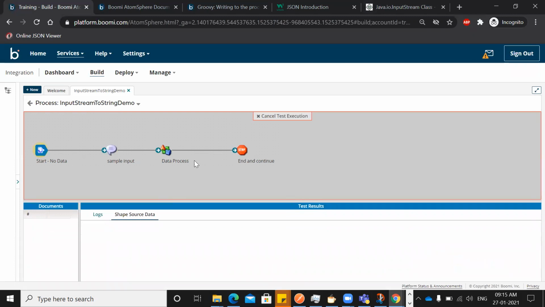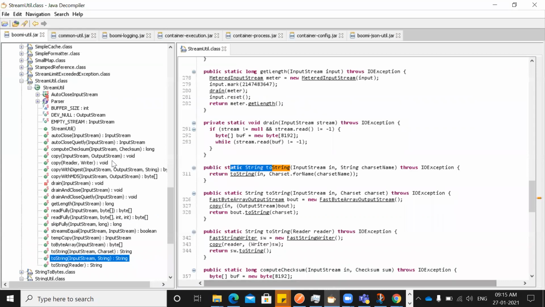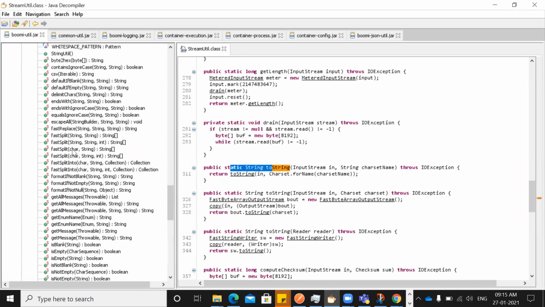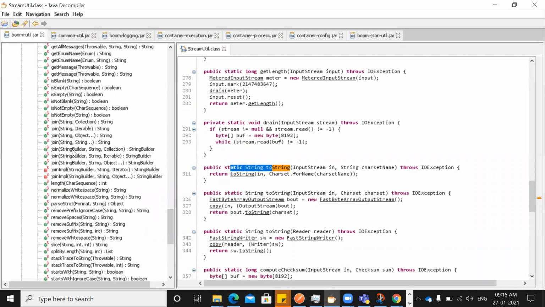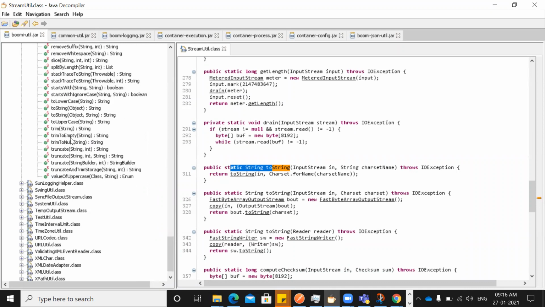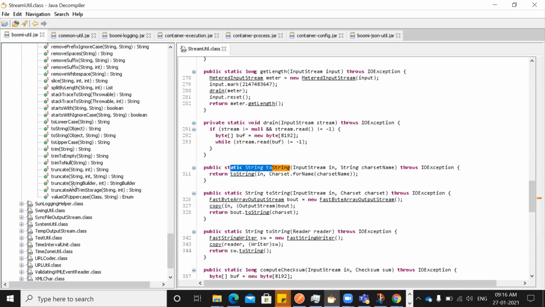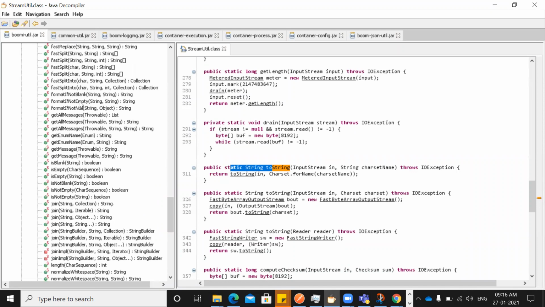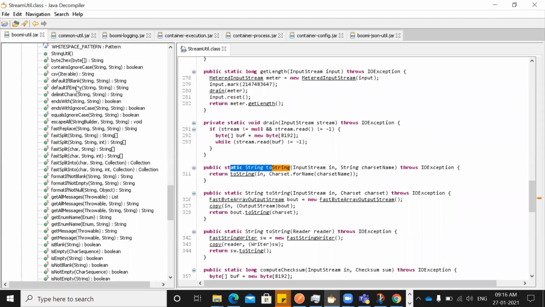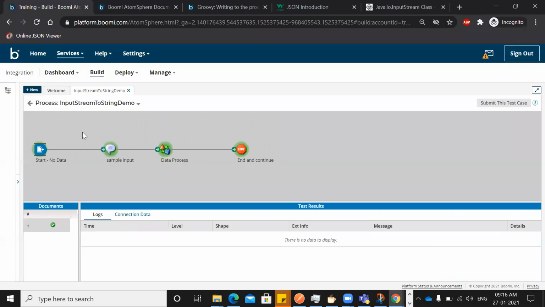I was trying to show you that there is a simple way to use the inbuilt functions. Not only this, a lot of functions are there. Even for strings you have a lot of functions given, including delimited characters, because Boomi map has very limited functions, but you can use all these functions without any additional effort. We can just import the class and, with the class name, directly use all these functions: toString, truncate, joins, formats, starts with, ends with, equals, CSV convert, and a lot of things are available here.